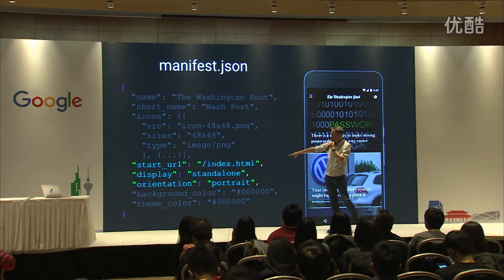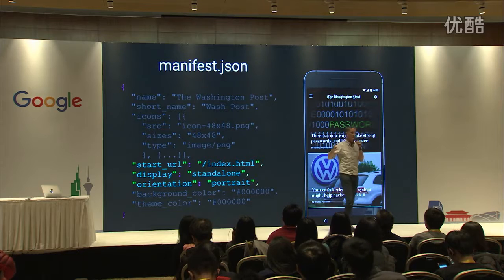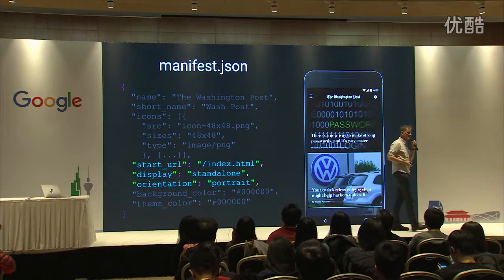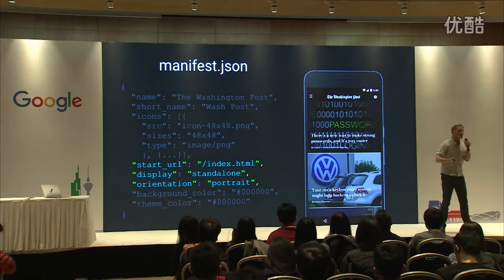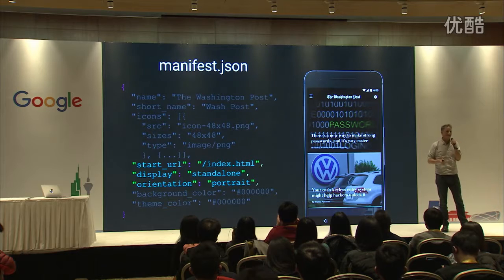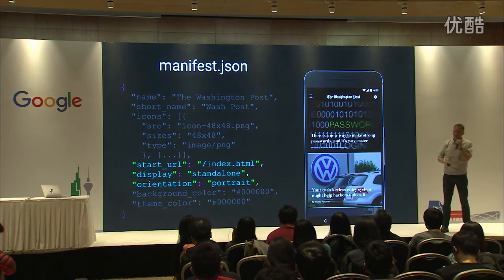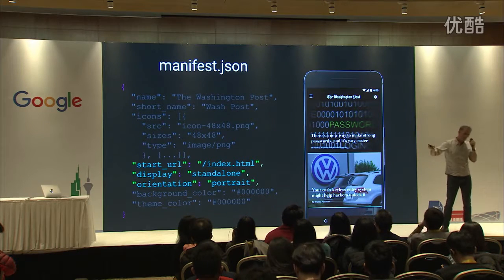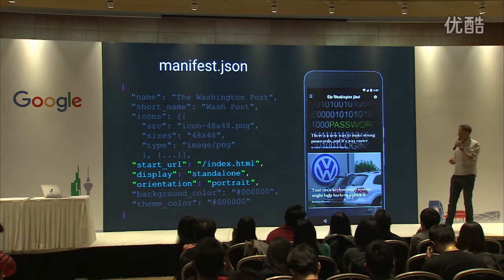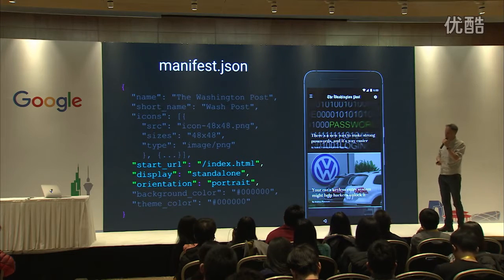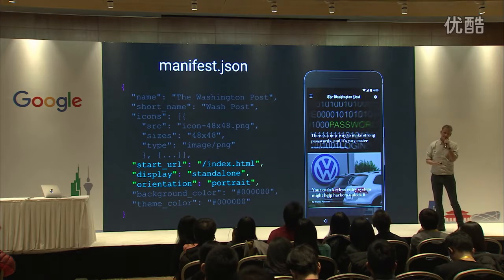The last one here, kind of straightforward, is the orientation that the app will start at. If you think about, for example, like you built a keyboard app, you would always want that to start up in landscape, and it would be confusing to the user if it didn't start up like that. So in this case it's portrait, but for that keyboard app, you'd make that landscape, and that would make much more sense to the user than if it tried to start up the keyboard